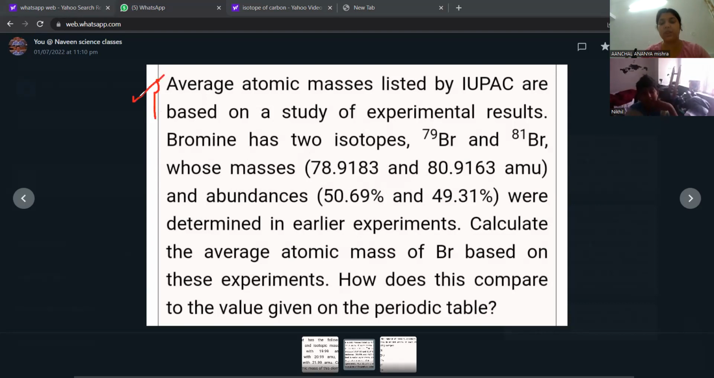It is not at all relevant to the question we are solving. So from where will we start reading? This bromine has two isotopes, right? And what is given? 79, 81. And what are the masses? It is this